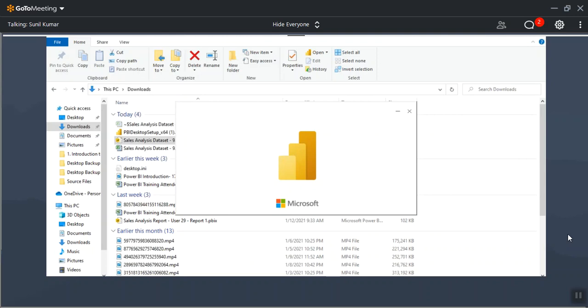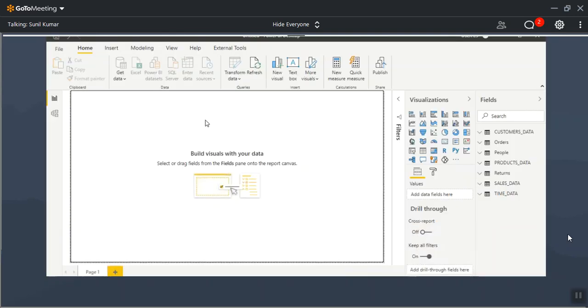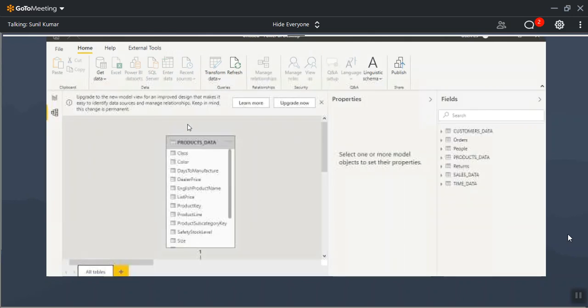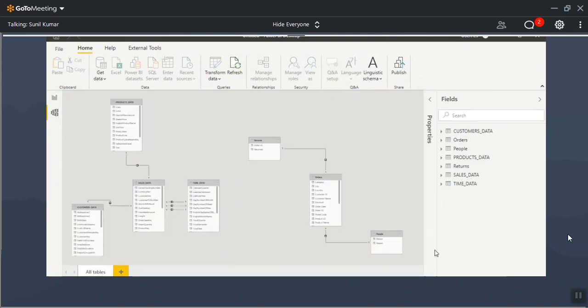Once after opening the data set, I can modify it. I want to modify my data set in such a way that I can create two more reports. So what are the tables I have in this data set? They're not sufficient. I want some more tables. How to get some more tables here?